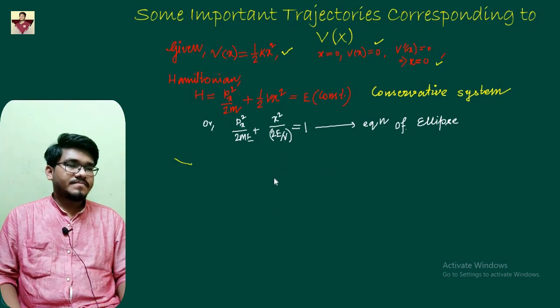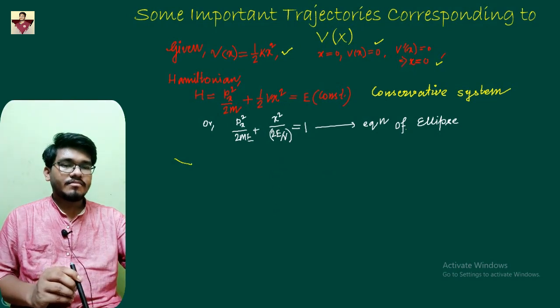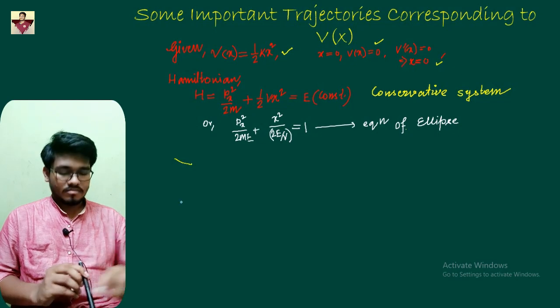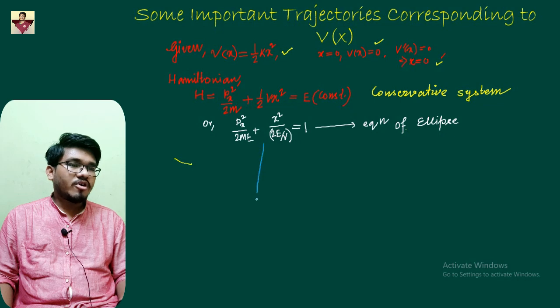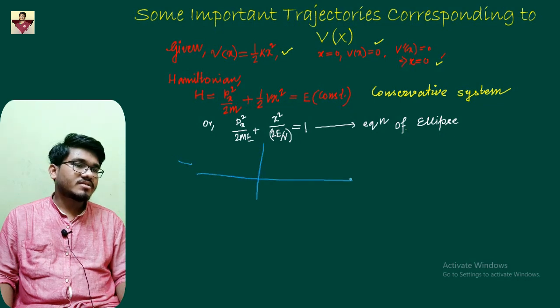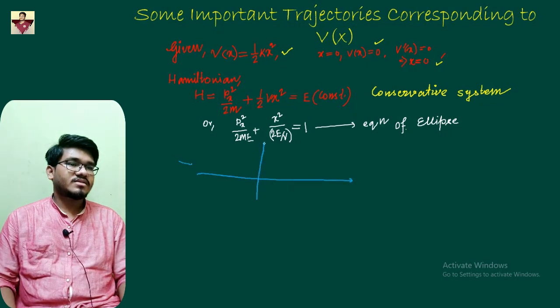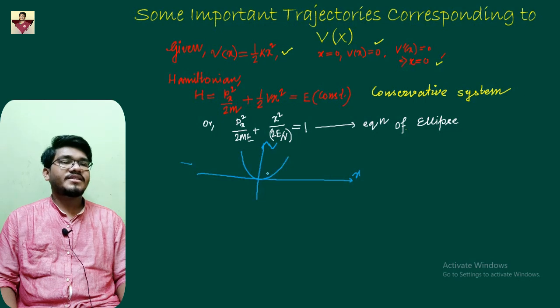So first you need to plot your V versus x. So it is V and x. It is a simple harmonic oscillator case, so the potential will look like this,